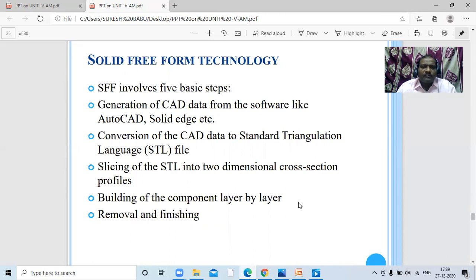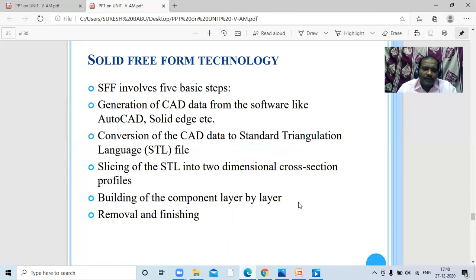Next, conversion of the CAD data to the standard triangulation language, the STL file. After that, we have to go for slicing of the STL into a two-dimensional cross-section profile.